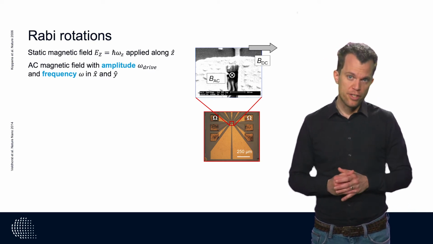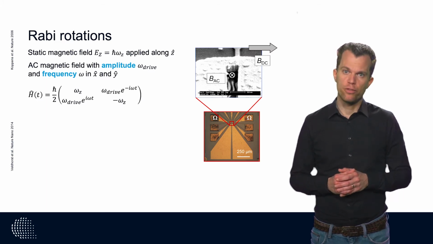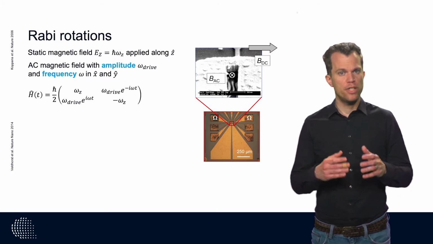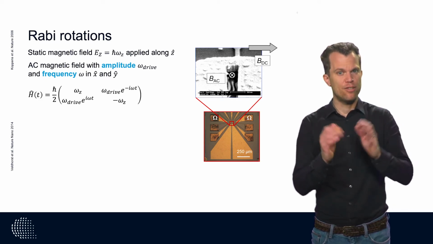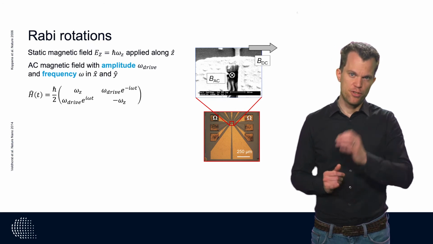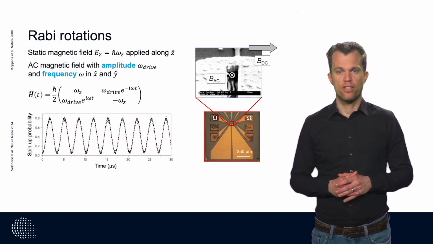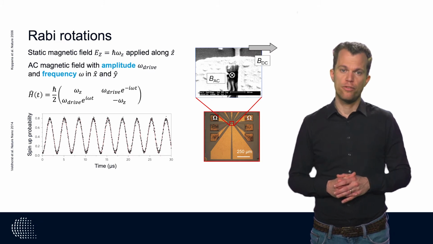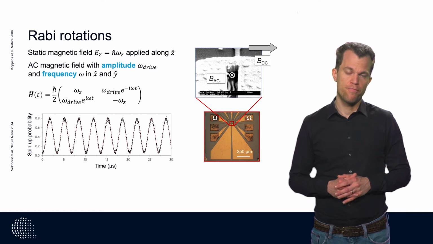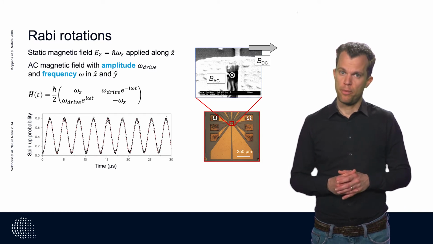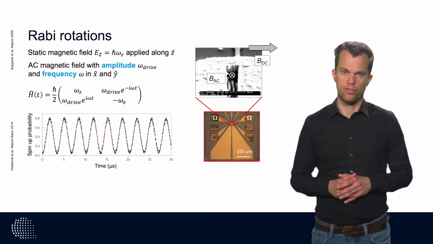If we want to execute a qubit operation, that is, we want to coherently control the spin state, we will need a term that couples the spin-up and spin-down state in the rotating frame. These terms correspond to the off-diagonal terms of the Hamiltonian, as an off-diagonal term will lead to time evolution, where an electron initially in the state spin-down will rotate to the state spin-up. These rotations are called Rabi rotations.